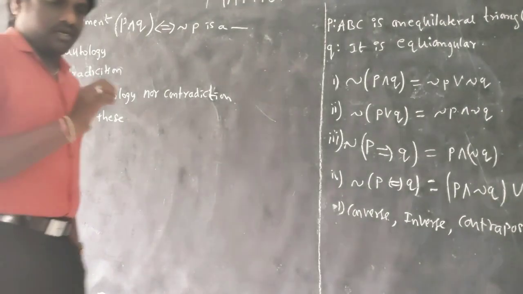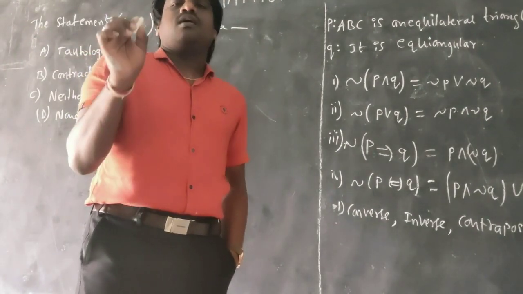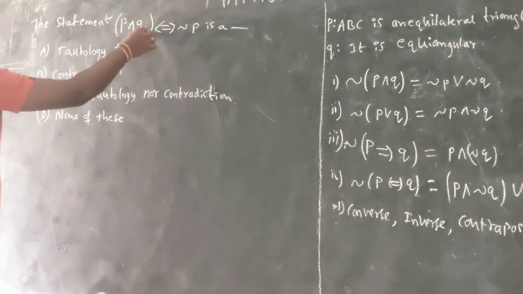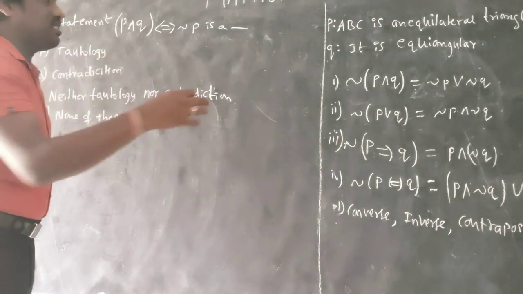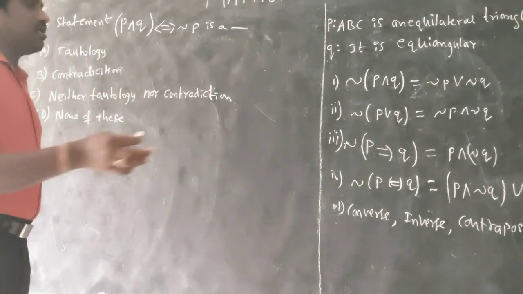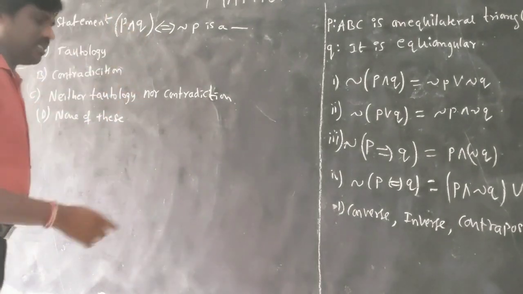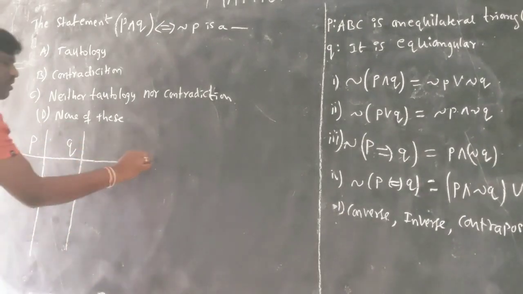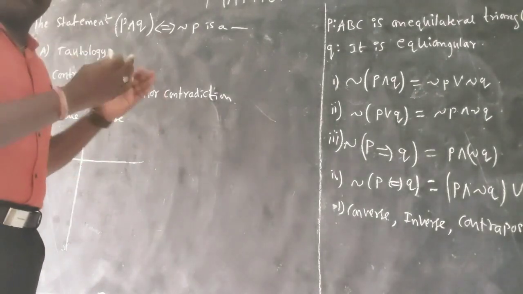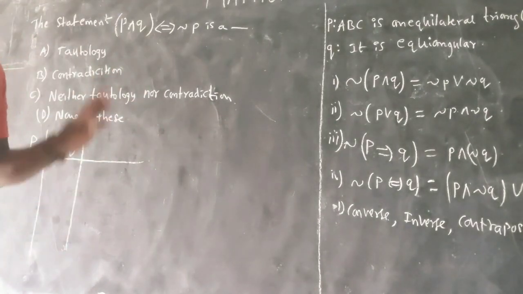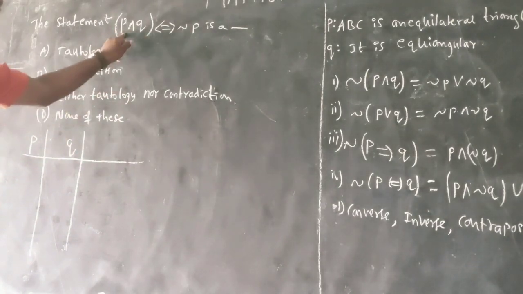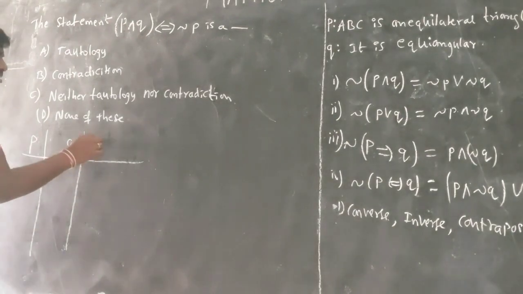First of all, we look at the given statement. How many statements are there in this given question? P and Q, two statements are there. Identify the statements, write down P and then write down Q. Then write the left side part under the bracket. P we already have, Q we already have, so I will write P and Q.